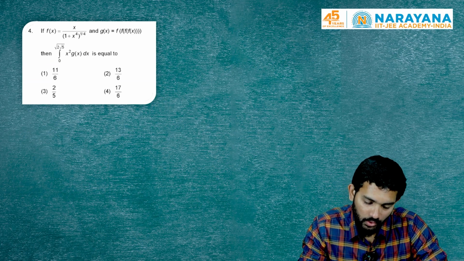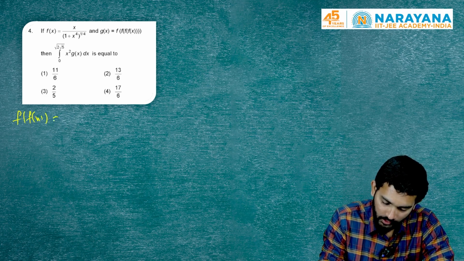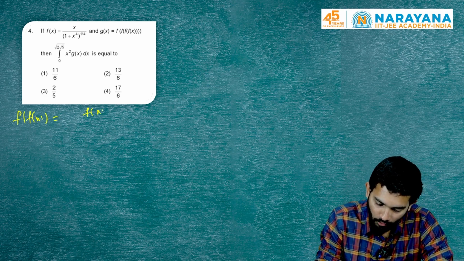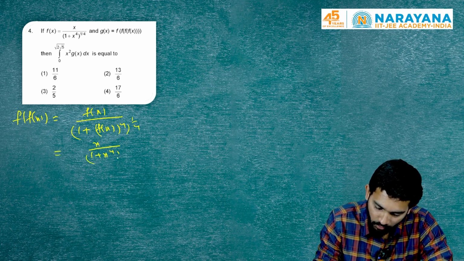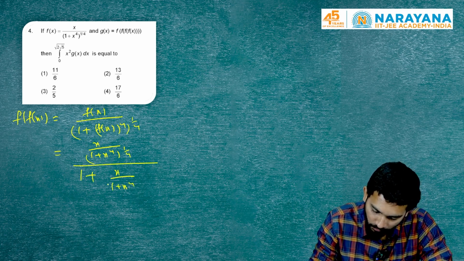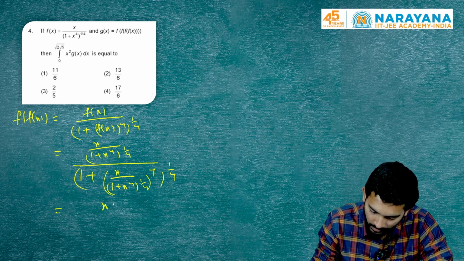f of x is equal to (x/(1+x^4))^(1/4), and g of x is equal to f of f of x. So if I first consider f of f of x, it will be f of x divided by (1 + (f of x)^4)^(1/4). Again, if I replace f of x with (x/(1+x^4))^(1/4), I get x/(1+x^4)^(1/4) divided by (1 + x^4/(1+x^4))^(1/4). So this will be simplified to